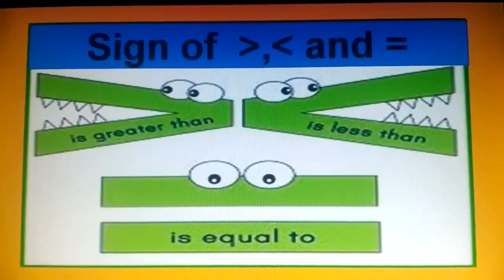Okay students, and when we do comparison, two numbers can be equal to each other. Both side the number can be equal also. So जब दोनों ही तरफ आपके नंबर इक्वल होते हैं तो हम कौन सा सिंबल प्लेस करते हैं? इक्वल टू सिंबल. विच सिंबल या विच साइन वी डू यूज? इक्वल टू. Okay students, so have you got my point? Greater than, less than and equal to. It's greater than, it's less than symbol and it's equal to.